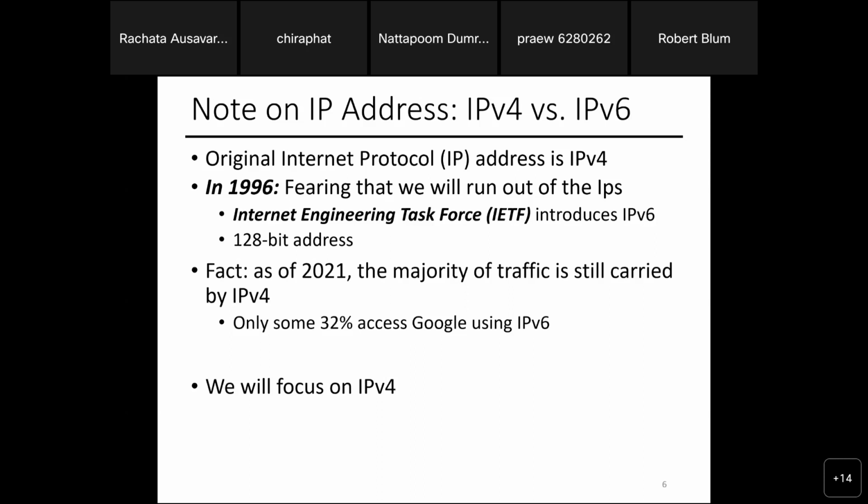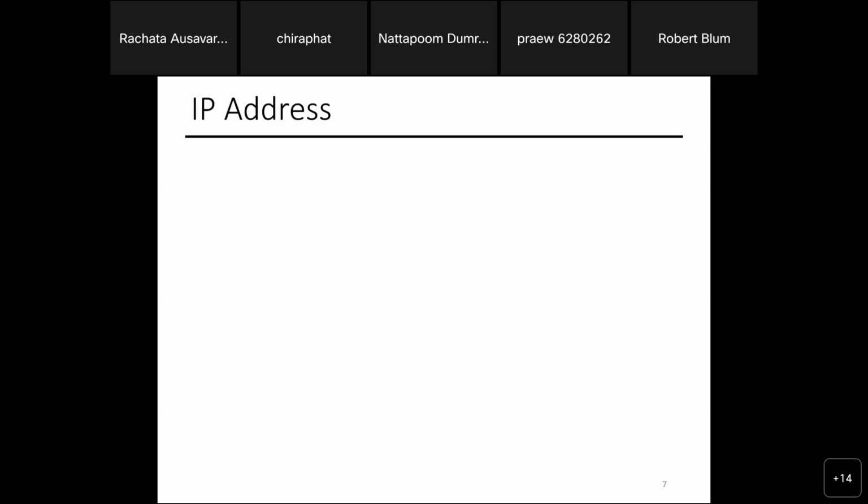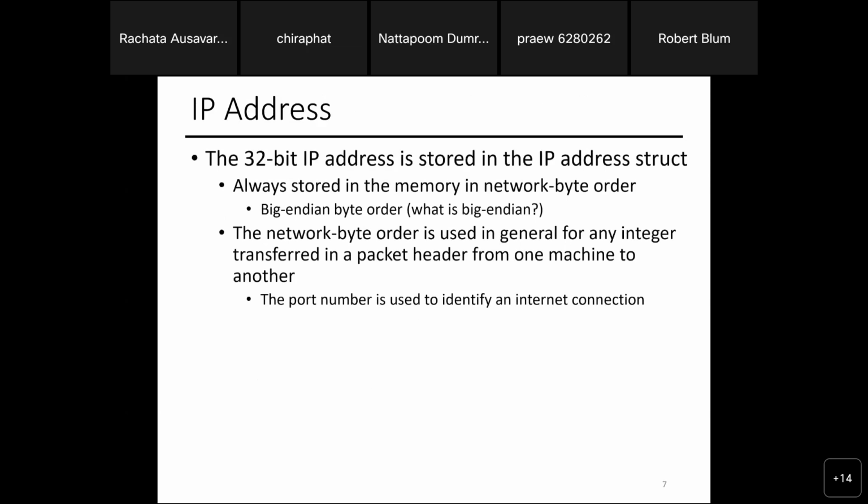So that you know the destination of the target, right? Again, think of it as the addresses, right? It's always stored in memory in the network byte order. Network byte order has a specific meaning. It means big endian. What is big endian? What's endianness actually?